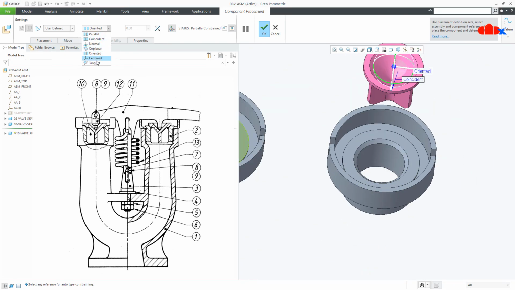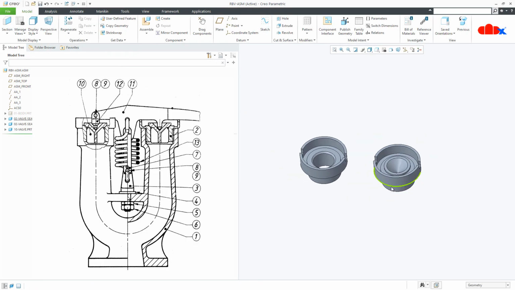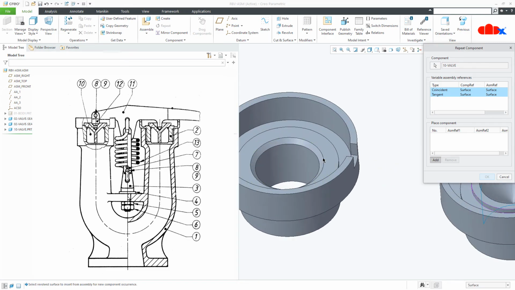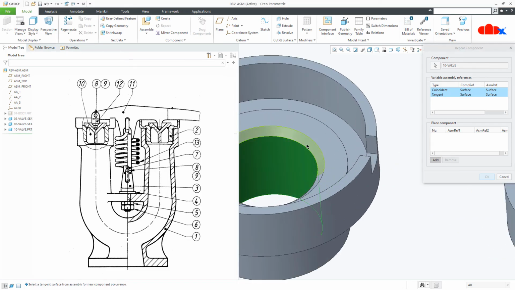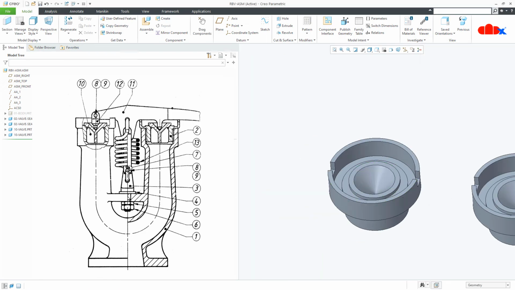Make it tangent and say OK. Again this part you repeat, select these two constraints, add, select this face and this face and say OK. Now unhide this part.